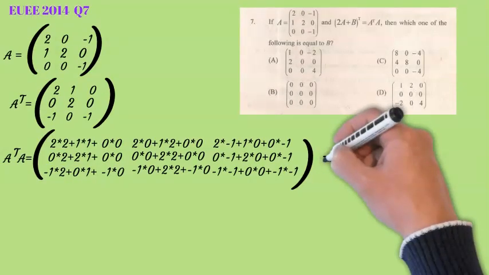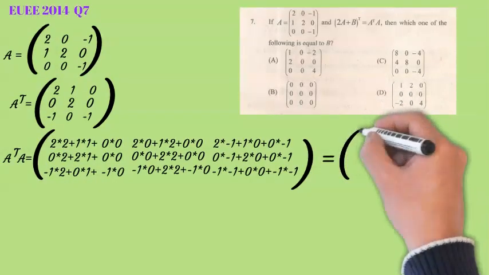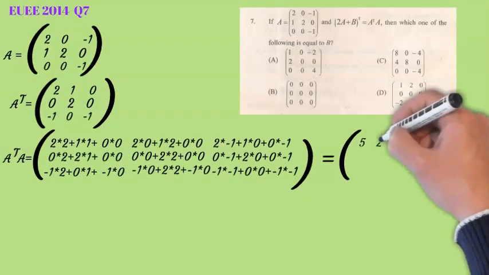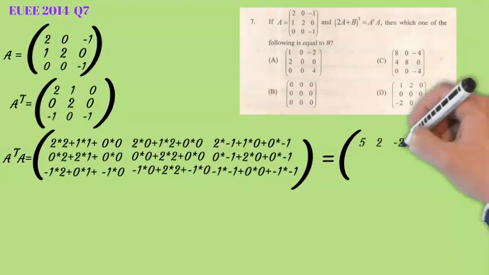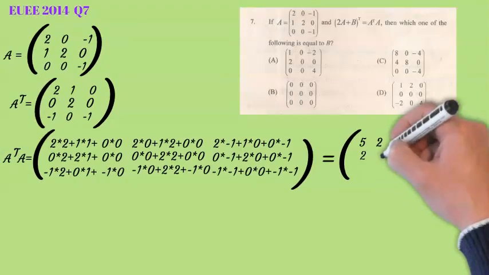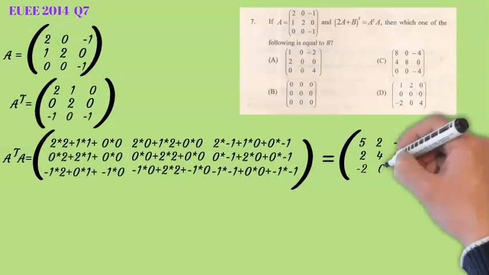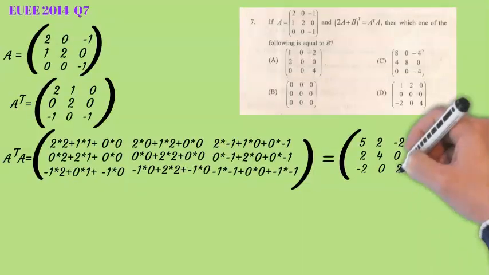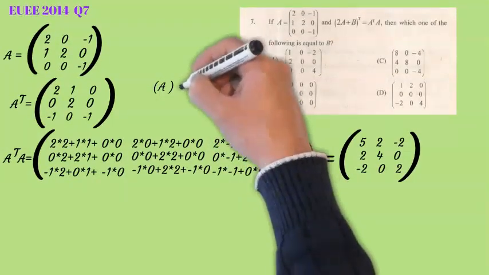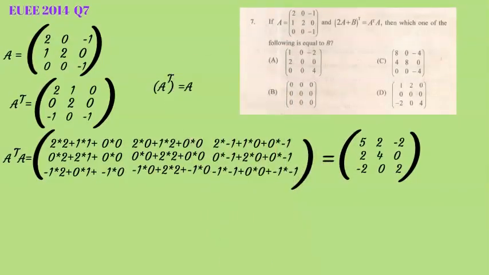ይሄ A transpose ን በA ማባዛት የሚለው የማትሪክስ ማባዛት ነው አንድ ማትሪክስ በሌላ ማትሪክስ ማባዛት ነው ስታባዙት የምታገኙት ውጤት እንግዲህ ይሄን ይመስላል 5 2 -2 2 4 0 -2 0 2 አገኘን ማለት ነው።